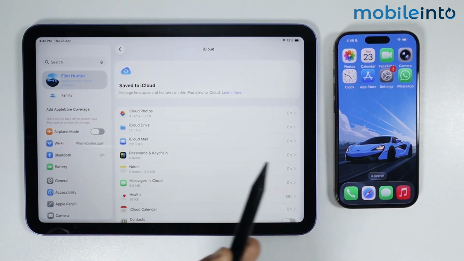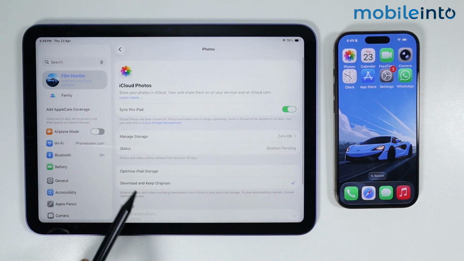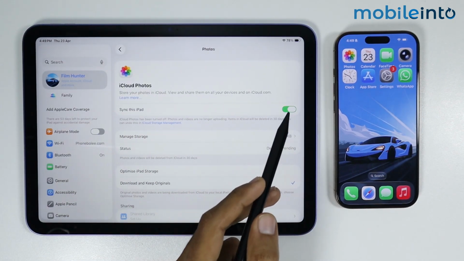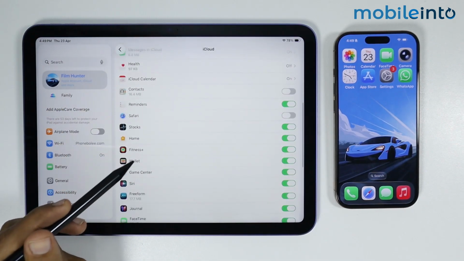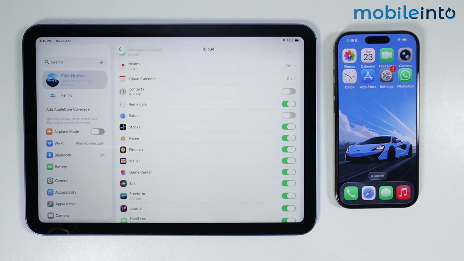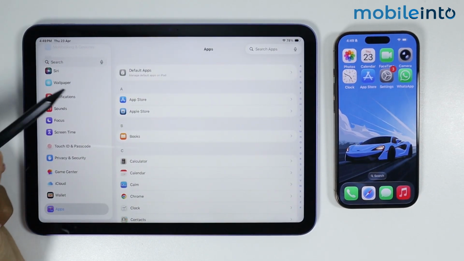For example, if you don't want the photos from your iPhone to be synced with your iPad, just tap on iCloud Photos and disable Sync this iPad. Now just go back and do the same with all the data which you don't want to be synced with your iPhone. After that, in the main settings page, just tap on Apps, and from this app list, just tap